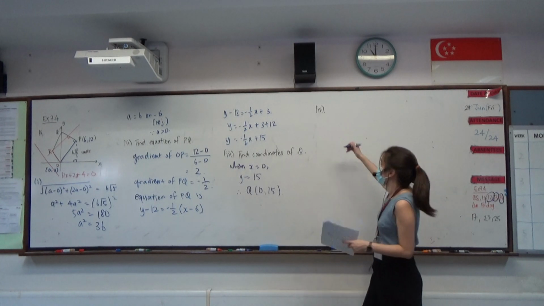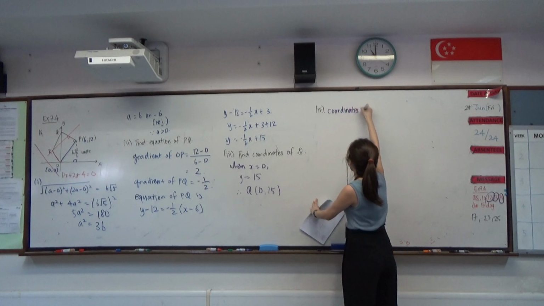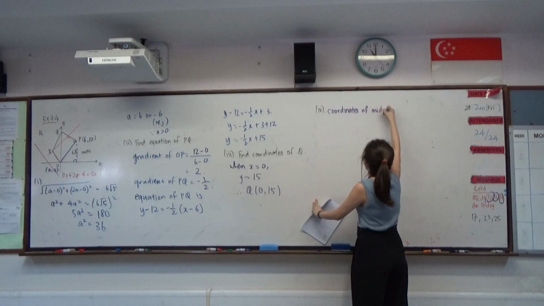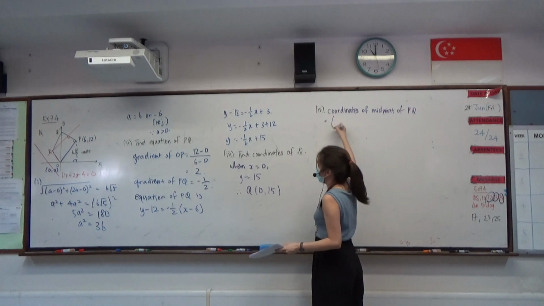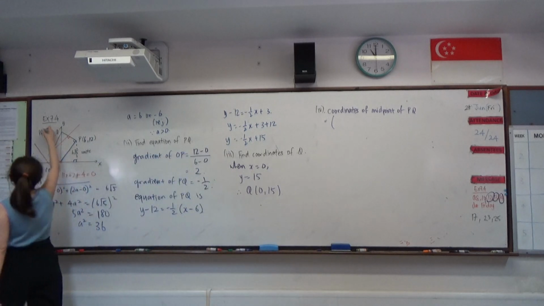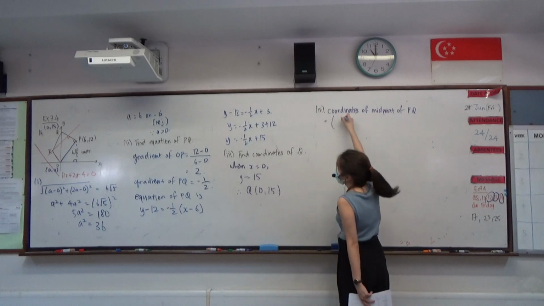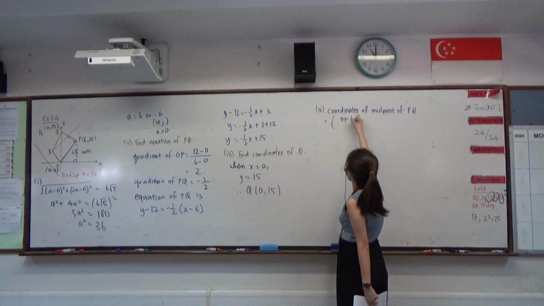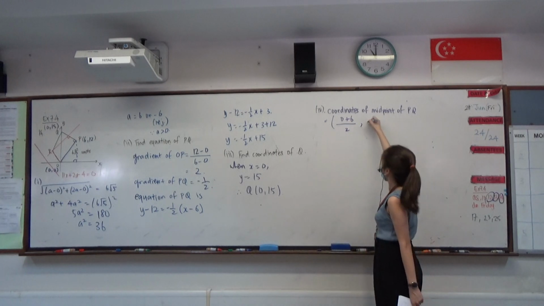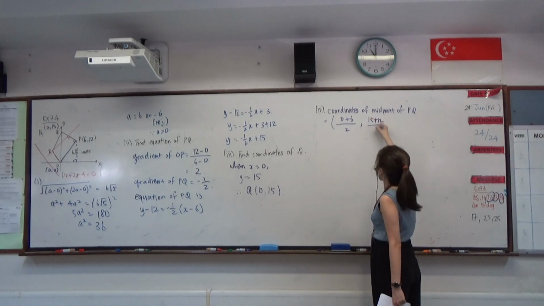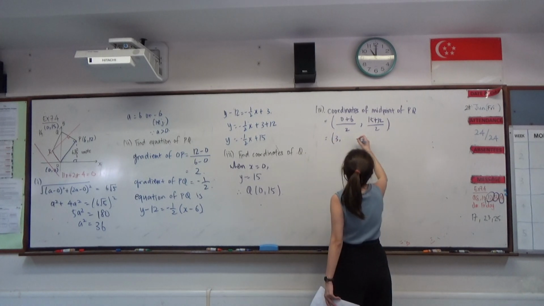So the coordinates of the midpoint of PQ would be, this is (0, 15) and (6, 12). So we have (0 plus 6) over 2 and (15 plus 12) over 2, which is 3 and